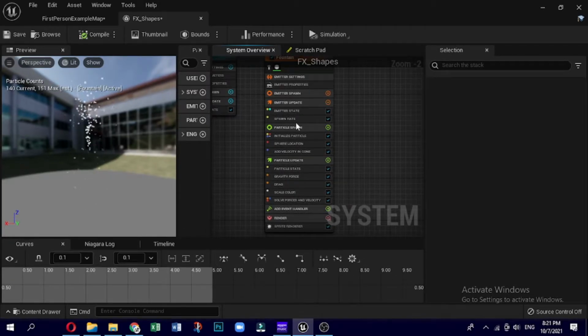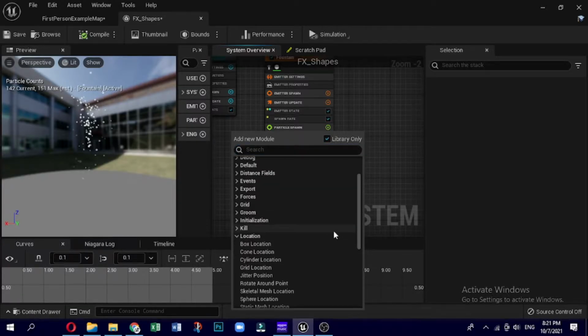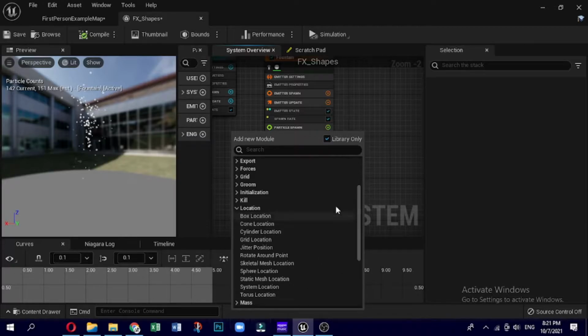Now, let's go to particle spawn, and here we are going to look for various shapes and spawning locations. Now select box location, sphere location, cone location and cylinder location.